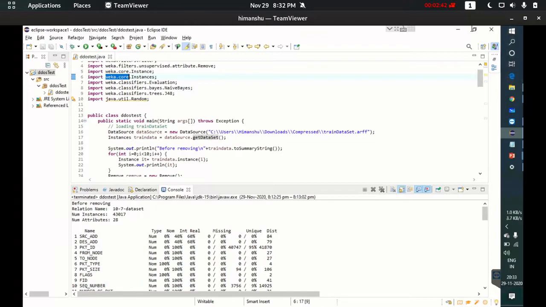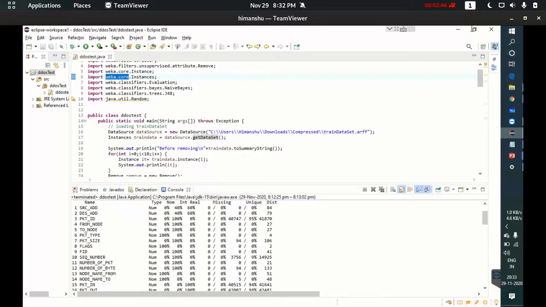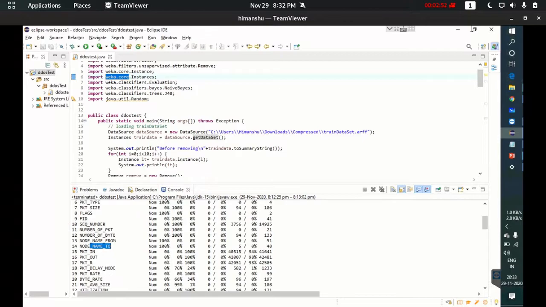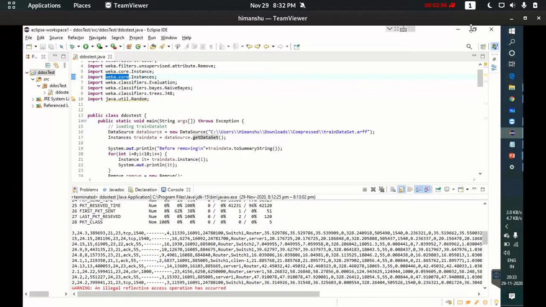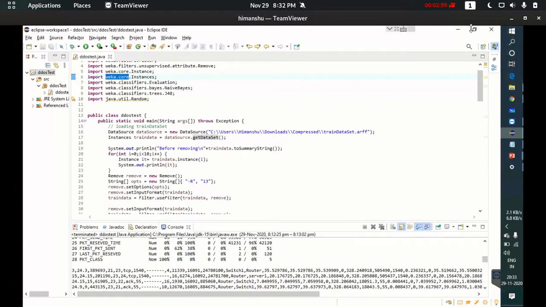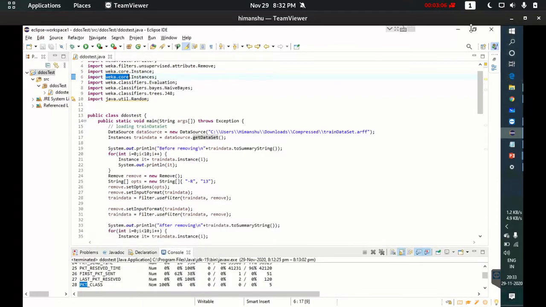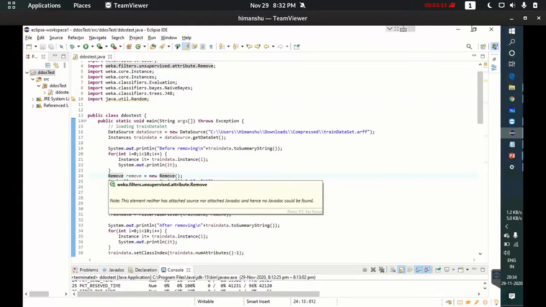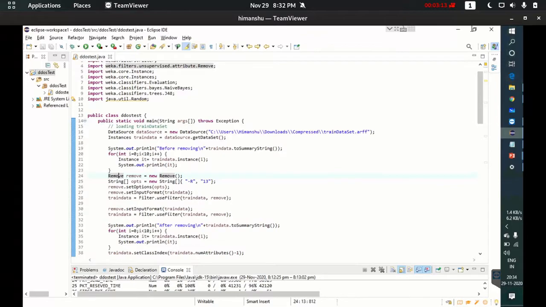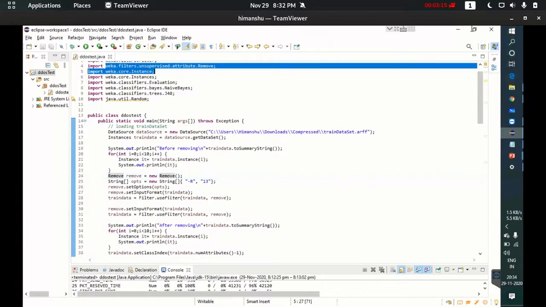Here, node name from and node name to are irrelevant in our case, so we will remove these. And our target attribute is packet class, which is the last attribute. Then we create a Remove class object, which is defined in the weka.filters.unsupervised.attribute package.